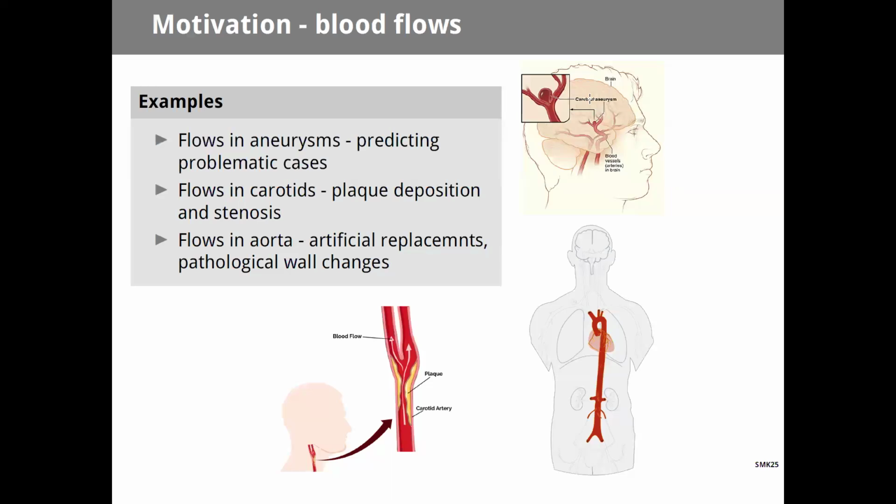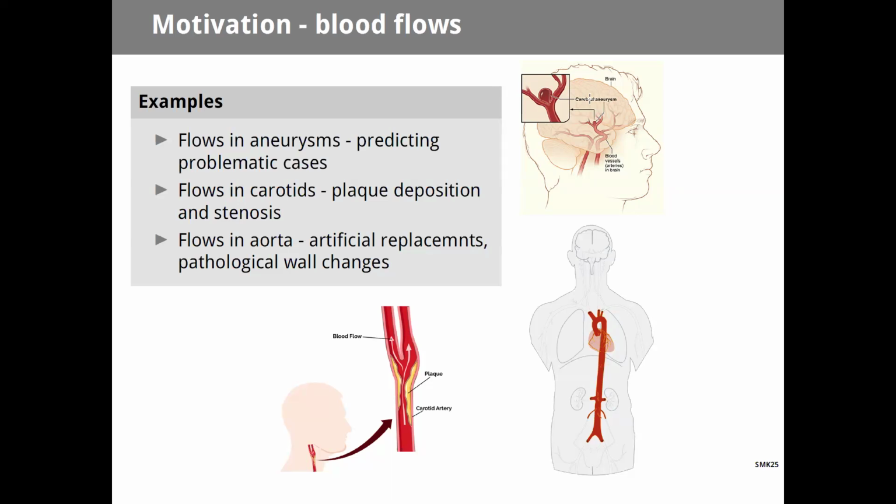And in modern imaging methods, you very often see something like this, and there is a question whether it's dangerous or not. So you can happily have them all your life and nothing happens, but if something happens, if it ruptures,